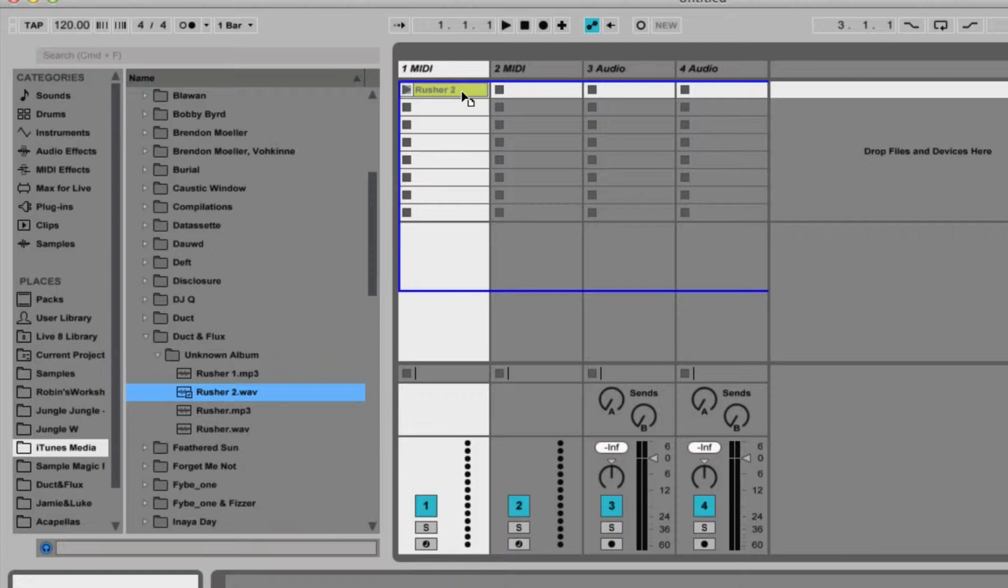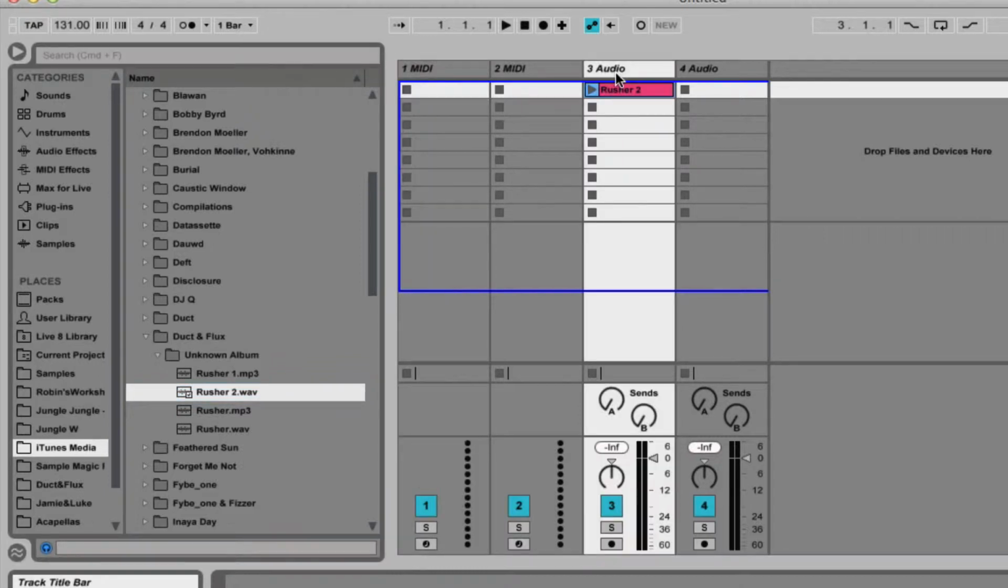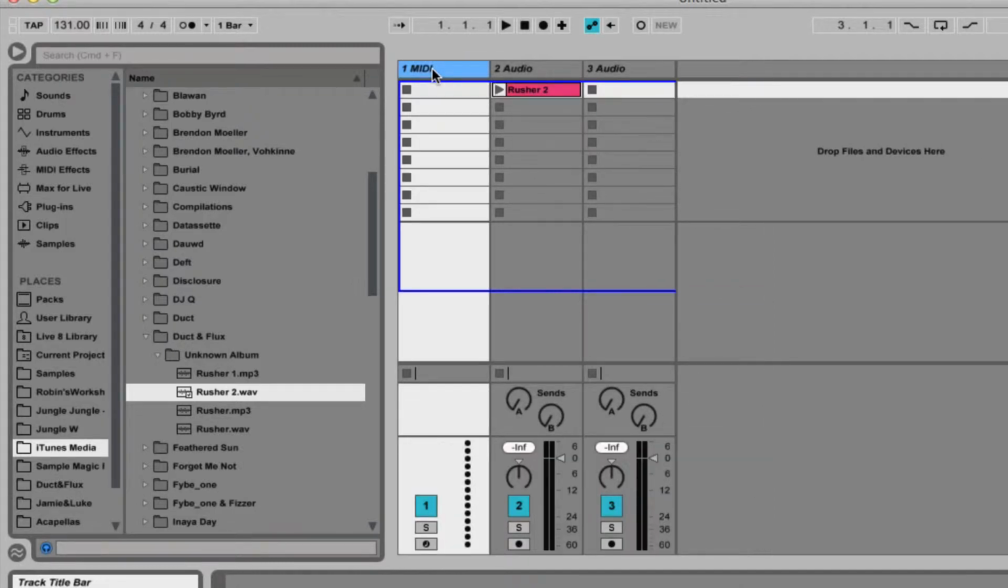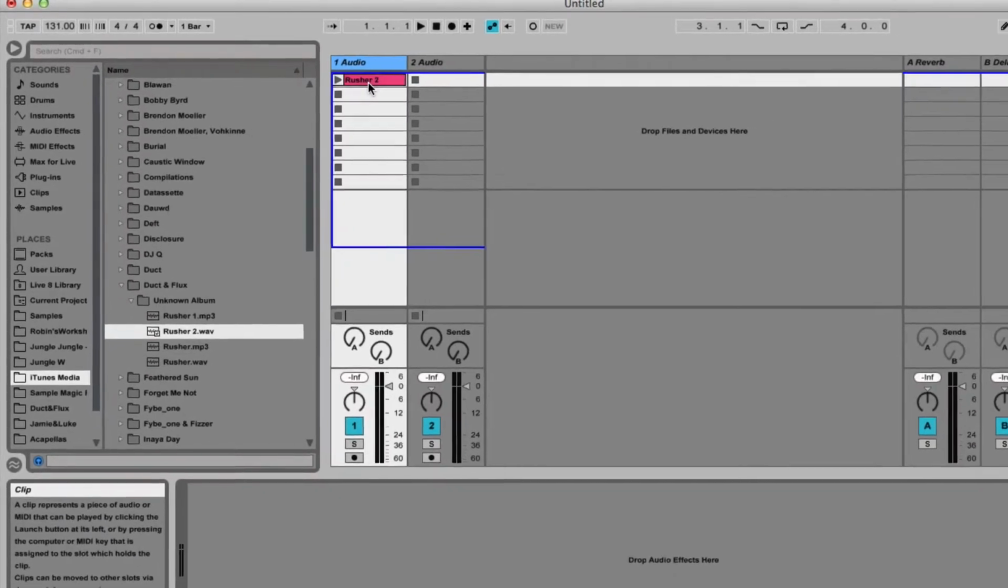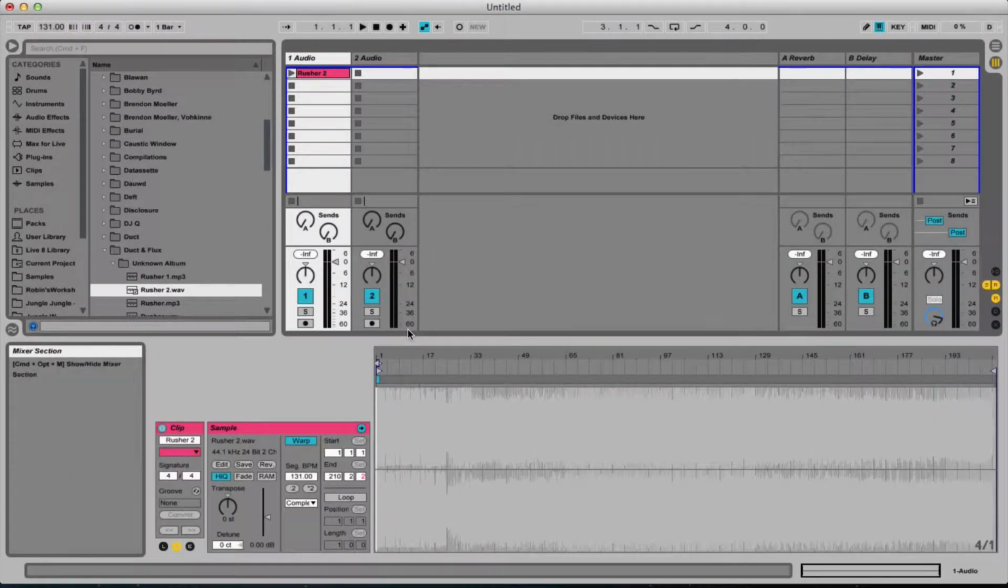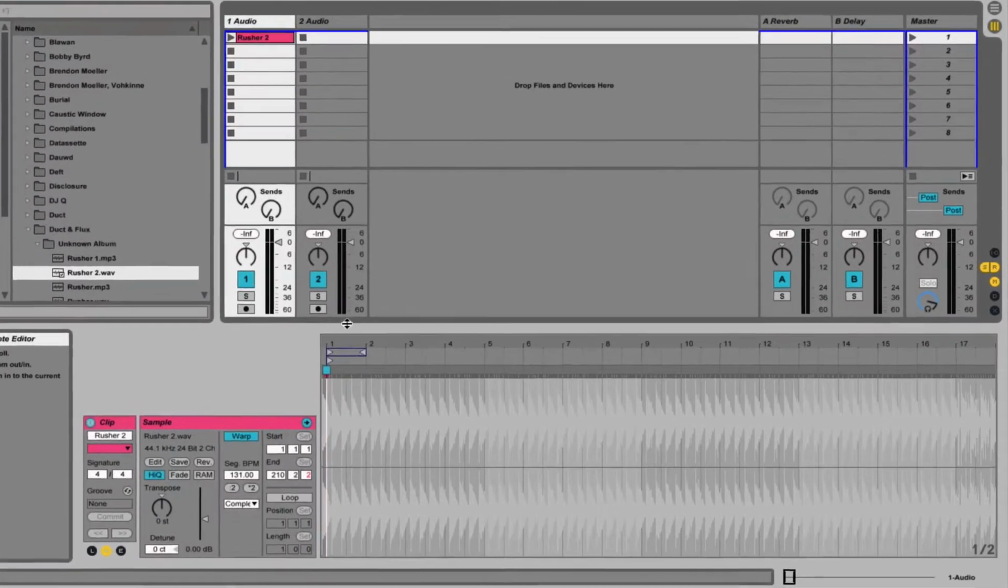Now if I click and hold it and hover over this MIDI, notice that I can still drop it in there. It will convert these MIDI tracks to audio. I may as well drop it into an actual audio track. I'm only going to use 2 audio tracks for this, so I'm going to delete those 2 MIDI. So if I double click here, instantly I can see that it's analysed the waveform,